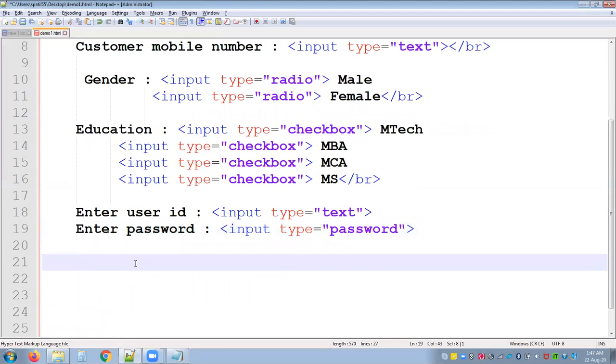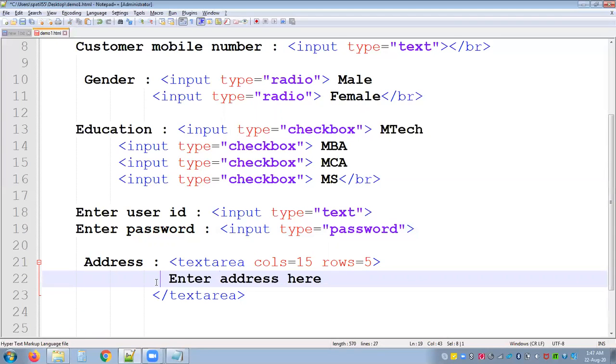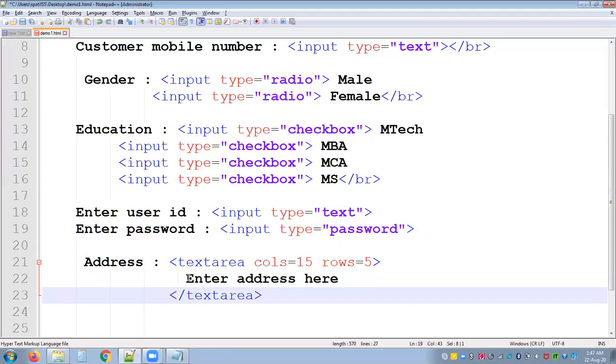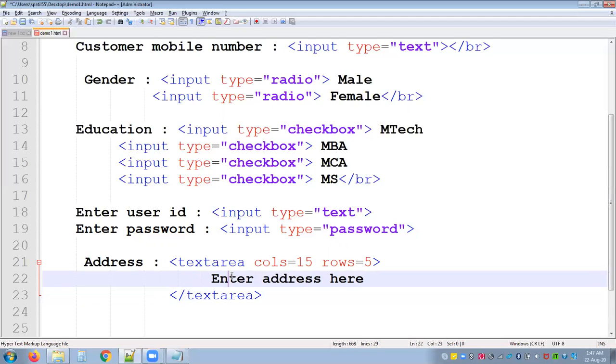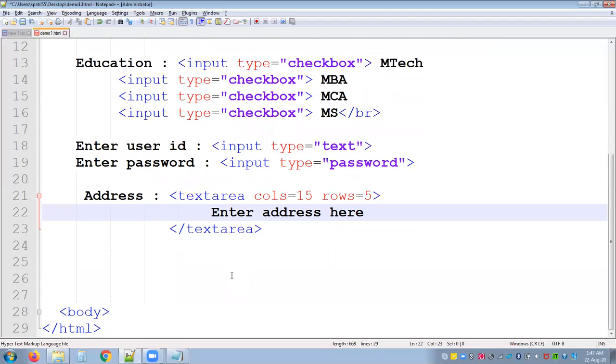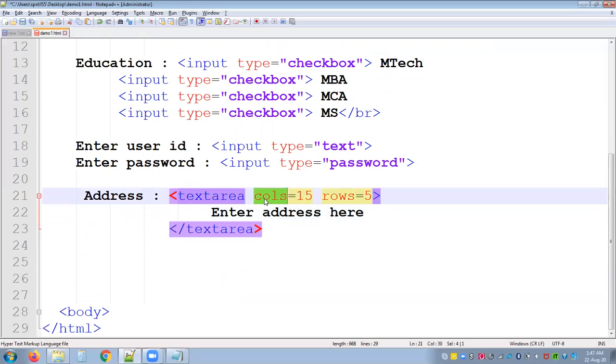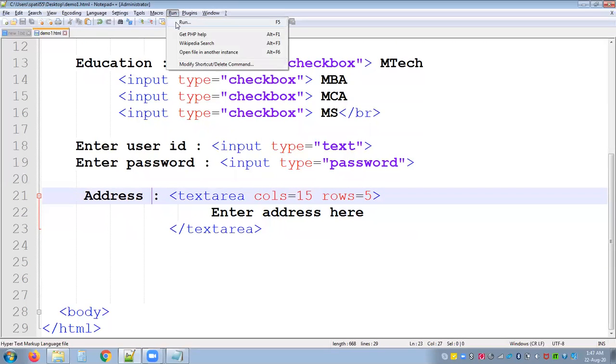If I want to ask the customer for the address, what will the address be? The number of lines or multiple lines. So I can specify how the area of the text will be. If it is a text box, you'll hardly have a number of rows; you'll have a single row with multiple columns. In text area, you'll have multiple columns as well as multiple rows. You can go on giving it by adding the attributes cols or rows. Let me just execute this, and again I'll come back to the other controls.